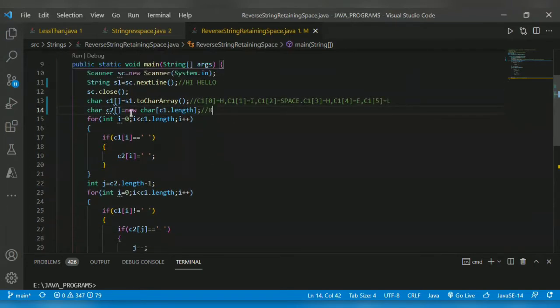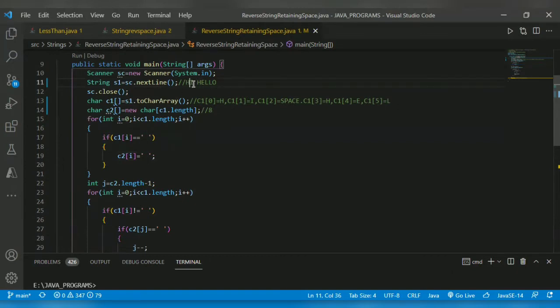Then begin with the for loop. It starts with i equal to 0, up to length 8, i plus plus. If the character array contains a space, it stores that space in the second array. For example, for i equal to 0, H is not a space. So it goes to next, E, sorry, I is also not a space.